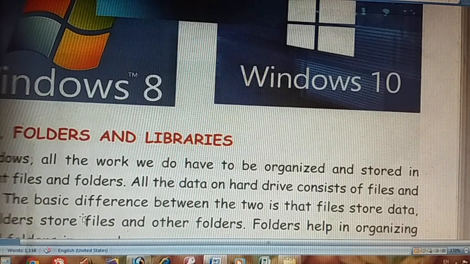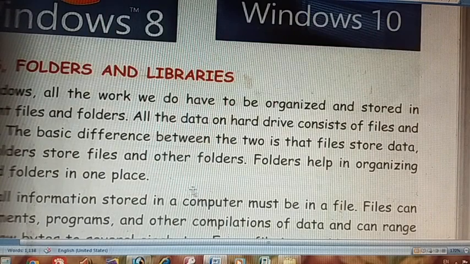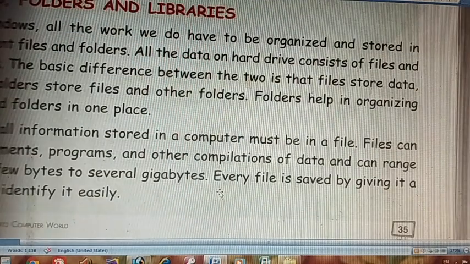The basic difference between the two is that files store data, while folders store files and other folders. Folders help in organizing files and folders in one place.